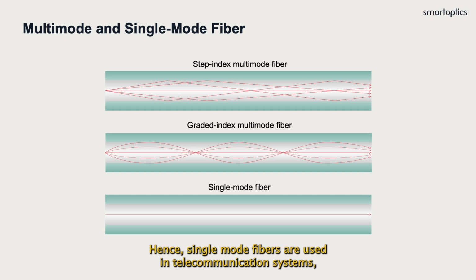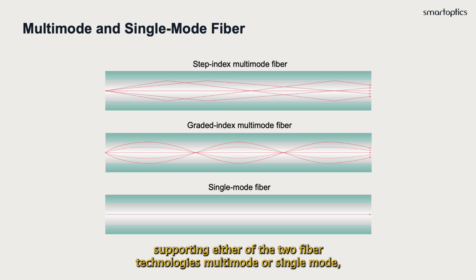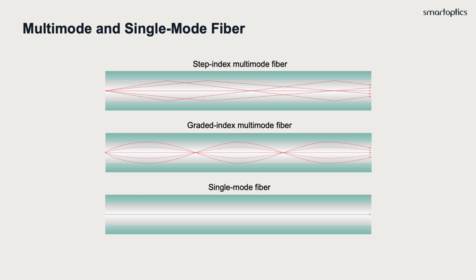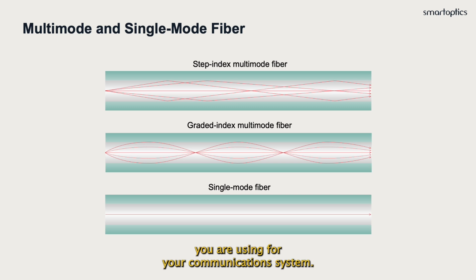Hence, single-mode fibers are used in telecommunication systems, and their characteristics have been extensively standardized by the Telecommunication Union (ITU-T). Transceivers and active optical cables are available in versions supporting either of the two fiber technologies, multimode or single mode, which means that you need to keep track of what type of dark fiber you are using for your communication